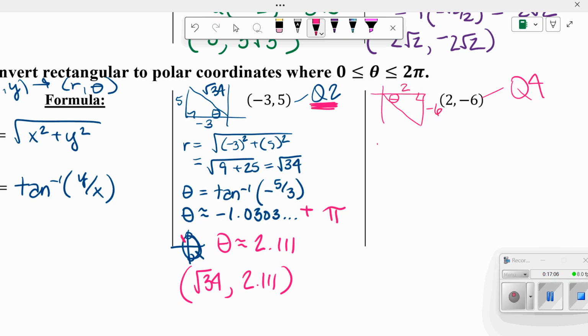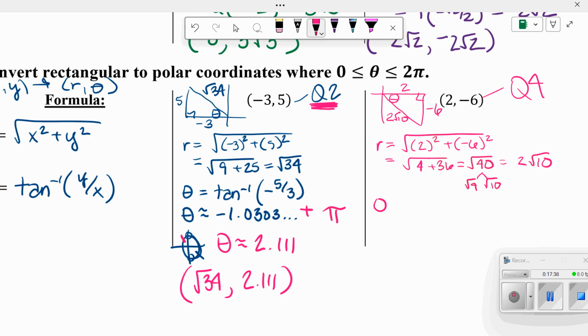Let's go find our R value. Again, just using Pythagorean theorem here. 2 squared is 4. -6 squared gives me 36. I get the square root of 40. And then break that down. Well, that goes to square root of 4, square root of 10. So we get 2 square roots of 10. And then to find theta,